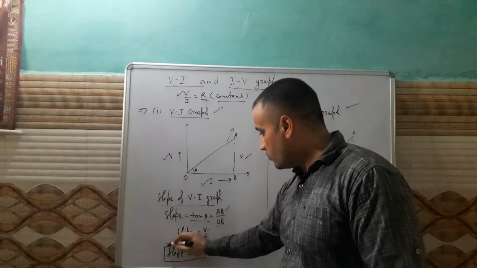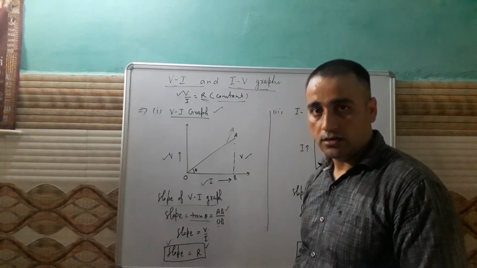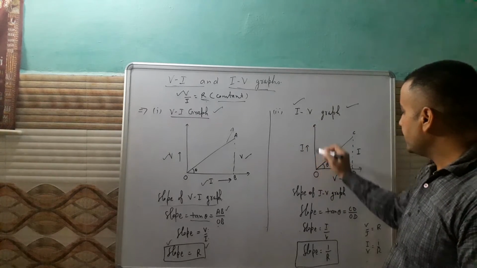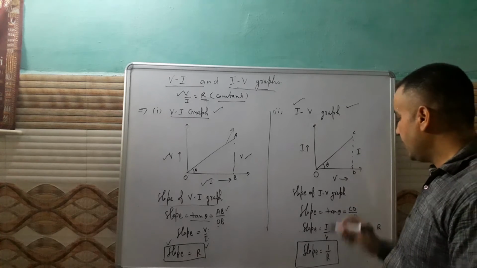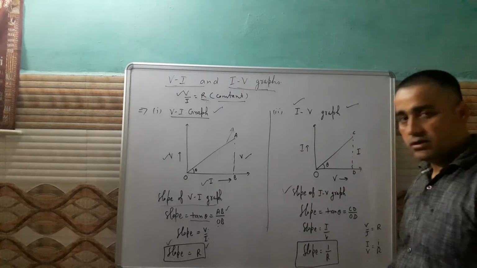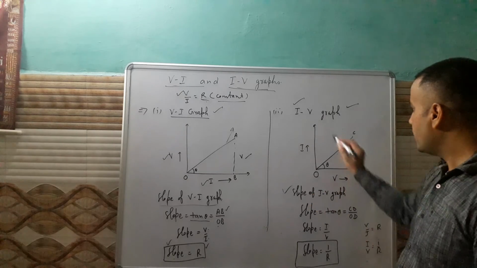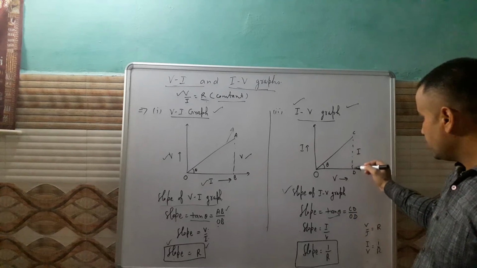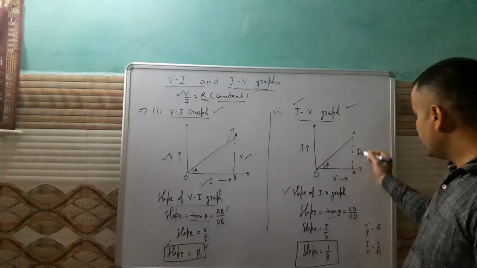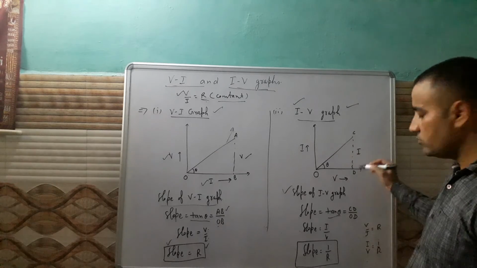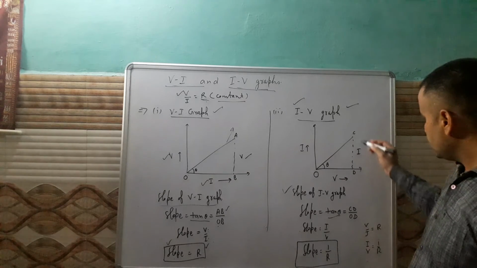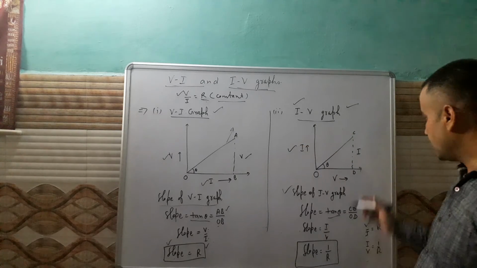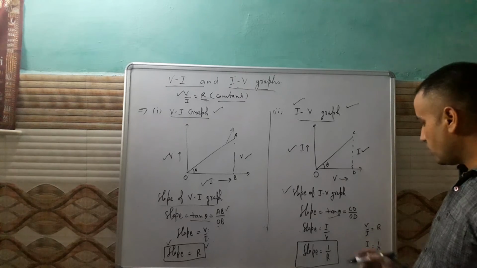It means the more the slope, the more the resistance of the conductor. Now we are coming to the IV graph. If we are taking current along the Y axis and potential difference along the X axis, again we use the concept of slope and find the slope of the IV graph. In the same manner we can find the tangent, and we have completed this triangle OCD by joining C to D. Again, as CD is parallel to the Y axis, and this axis is representing the current, this side will also represent the current.